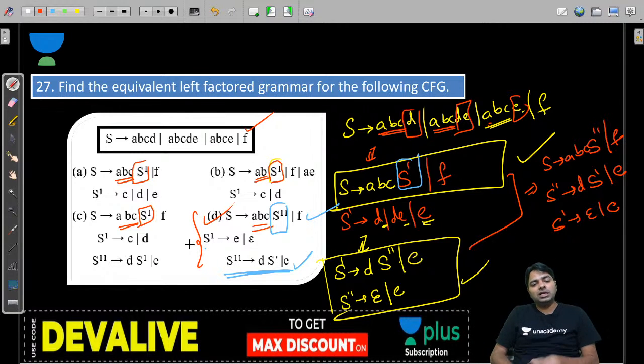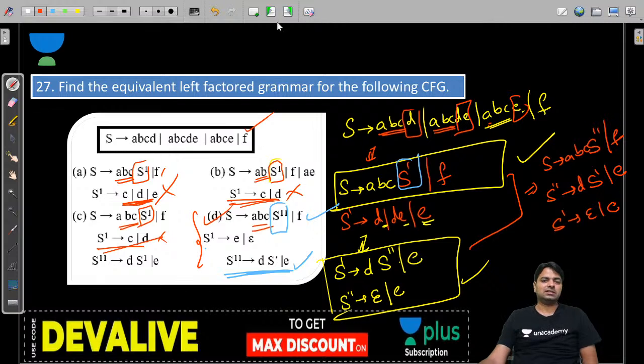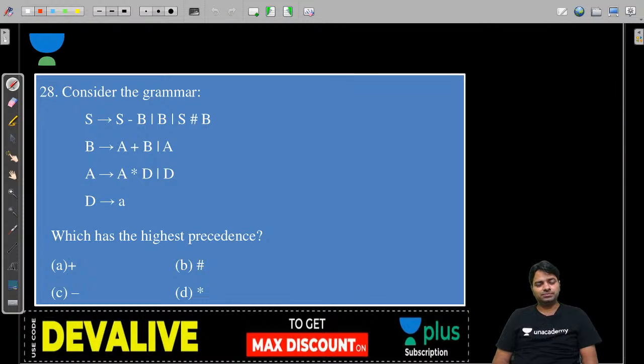But the remaining are not matching, so I am not choosing them because you are going to fail at one place. We have failed it, and the option with S dash to CRD is not there at all. So D is the right answer. Yes, it takes time, but you have to do it.